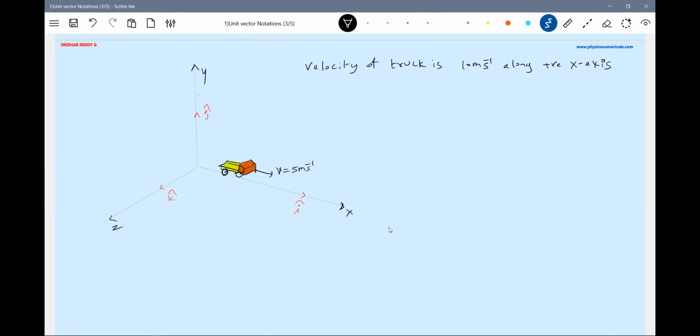Okay, agree with this. There's one condition. Then the same thing, I'll bring in the unit vector. V bar equal to 10 meters per second along positive x-axis is replaced by 10 into plus i cap. So look at this: along positive x-axis has now become i cap. And this is the magnitude. This part, V bar, is what? Velocity vector, it's a vector. This is a more convenient scientific notation, so this is what we'll be widely using in our applications.